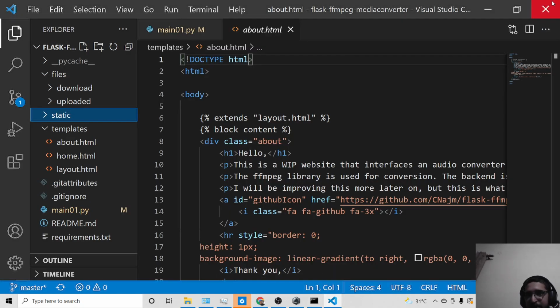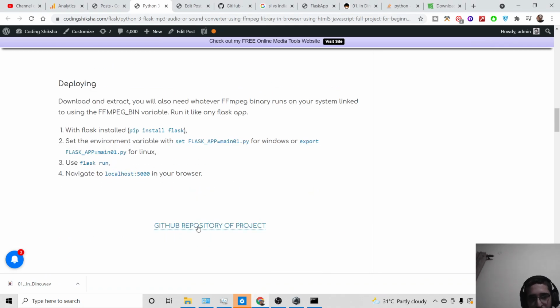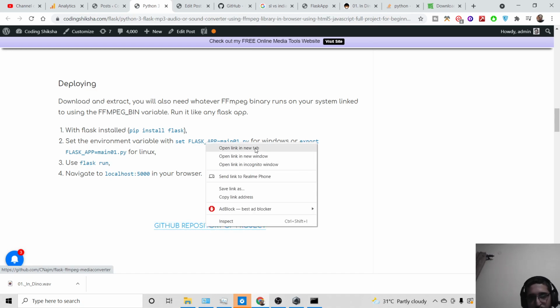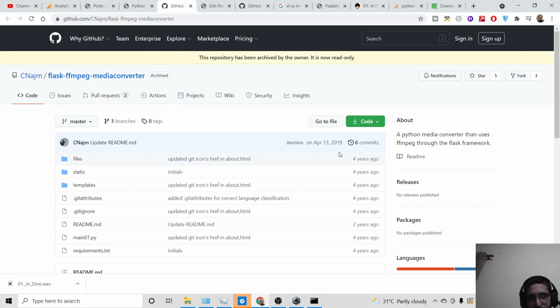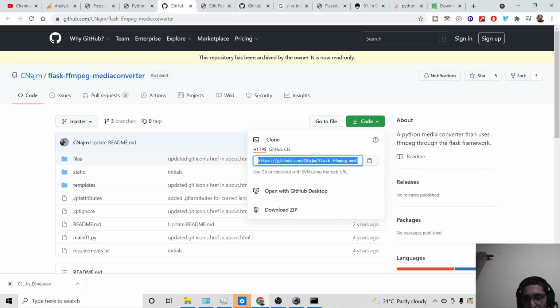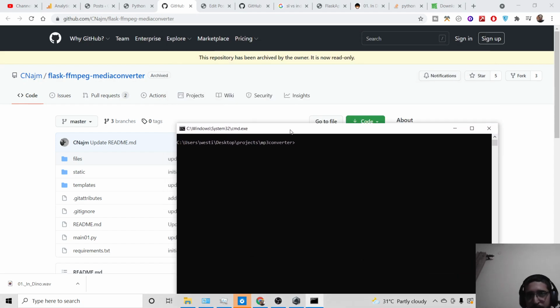After that guys, let me just close this also. And now I have given the GitHub repository link here. Just click at the bottom of the blog post. This is the GitHub repository of this project. What you need to do is click it, copy this URL, or you can also download the zip file as well, or use the git command.